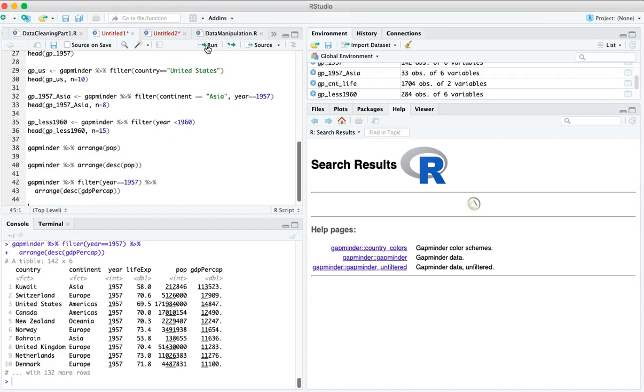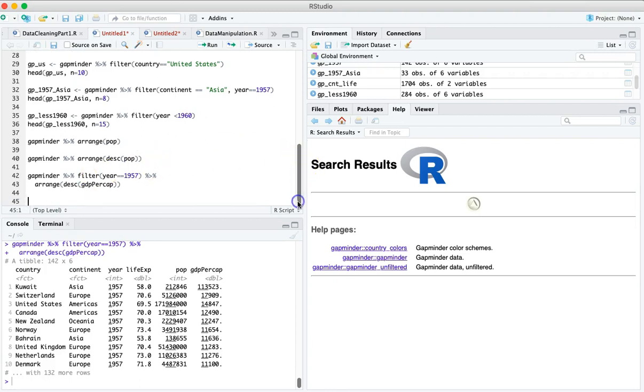So mutate is the way that you change a variable. So we're going to experiment with this by working with our population variable and our GDP per cap, because again, these are our numeric variables. So the first thing I want to do is divide my population by 1,000,000. Since this is raw population numbers, and we often report population by the millions rather than a raw number. So I'm going to say, read in the Gapminder, pipe it by,